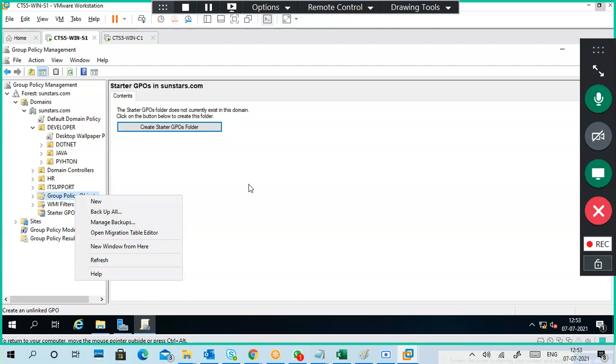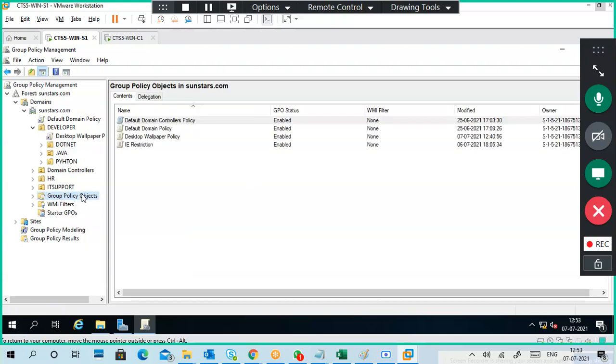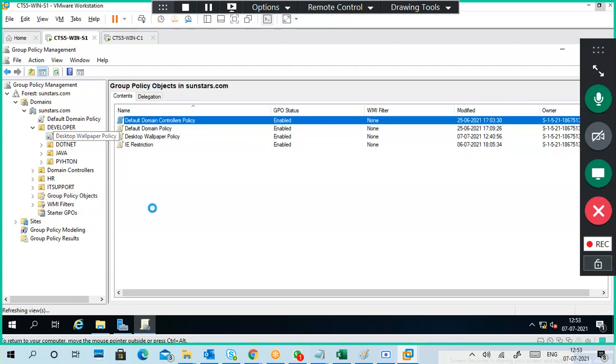So in case your old server is not working and you have to install a new server, you can back up the group policies from here and import this policy into the new one, and then link the policy as per the requirement. We have to link the policies. Got it. So we can take a backup, and I can restore the backup.